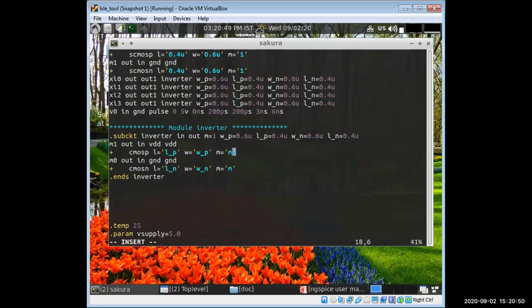Change the technology, which is SCMOS P, SCMOS N. You may also change the nodes, because I have given out and in here, you can change it. Let it be in 1, and this is out 2.